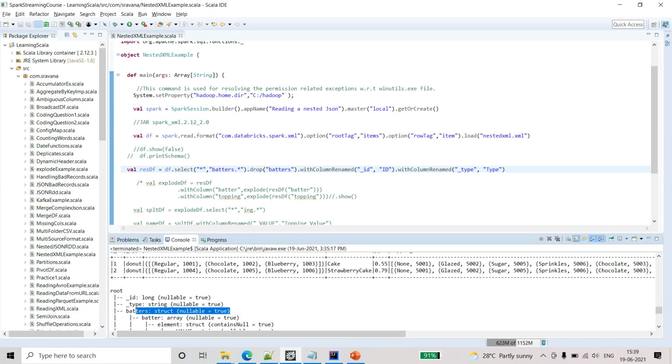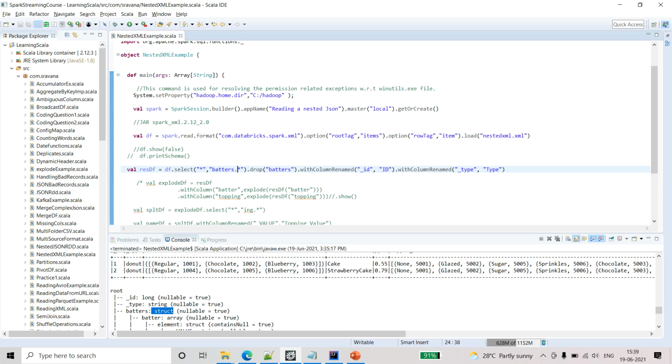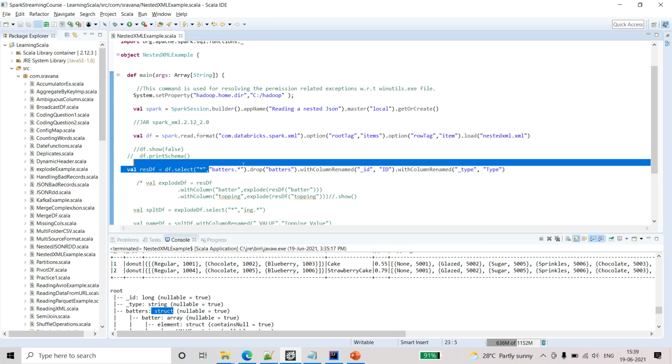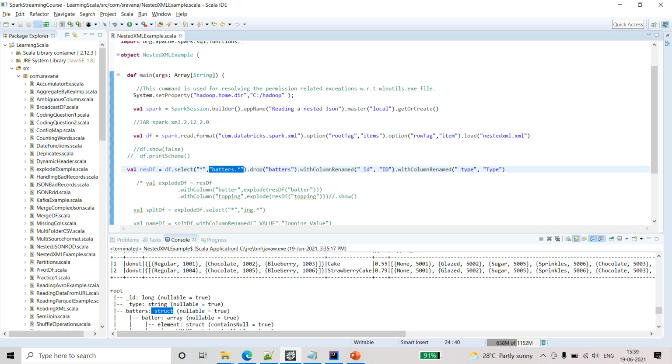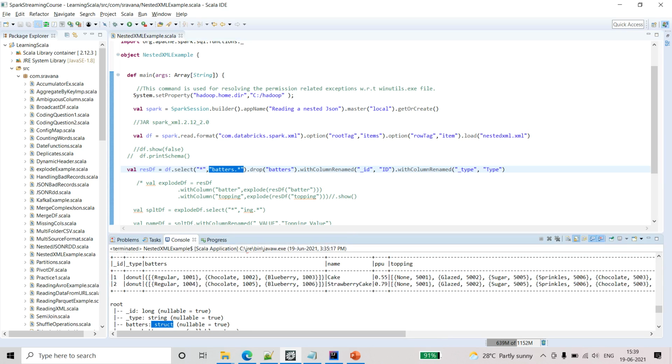This struct we always select as dot star in Spark SQL. For struct data types we can split them using struct dot star, which calls all of them. And then I am saying drop batters because it's already expanded. Whatever is available inside batters is already expanded.